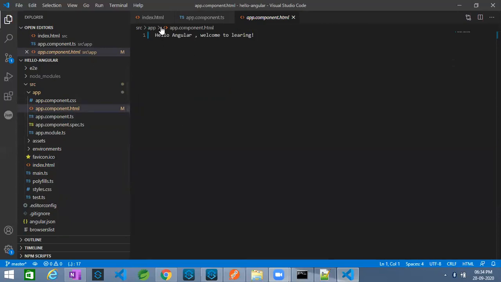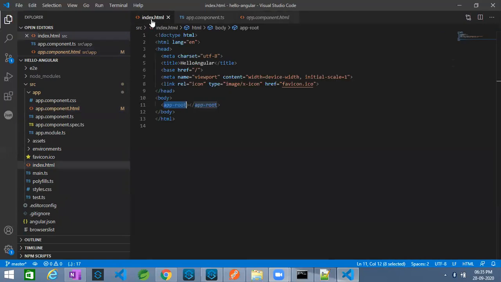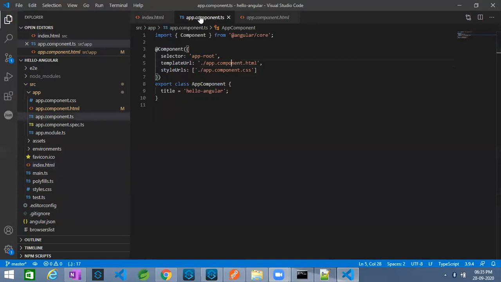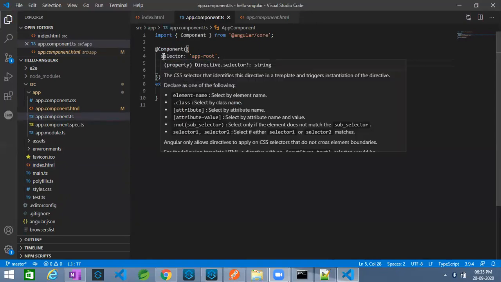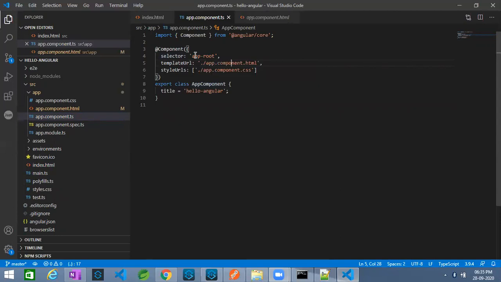So this is how the circle is going from index.html. Index.html will identify a custom tag called app root. It will look at your code base on any class: does this selector have app root? If yes, it will try to look at the template URL.